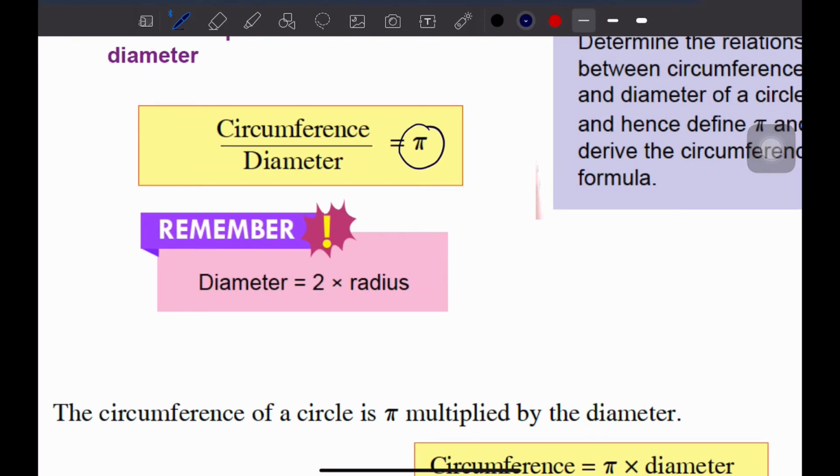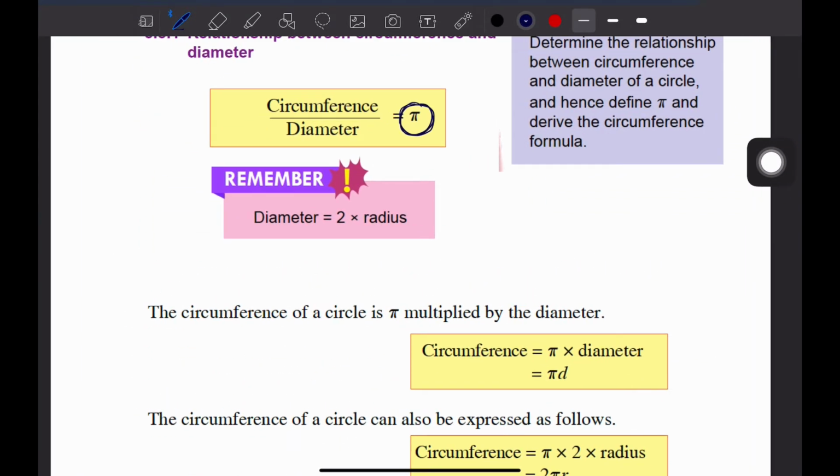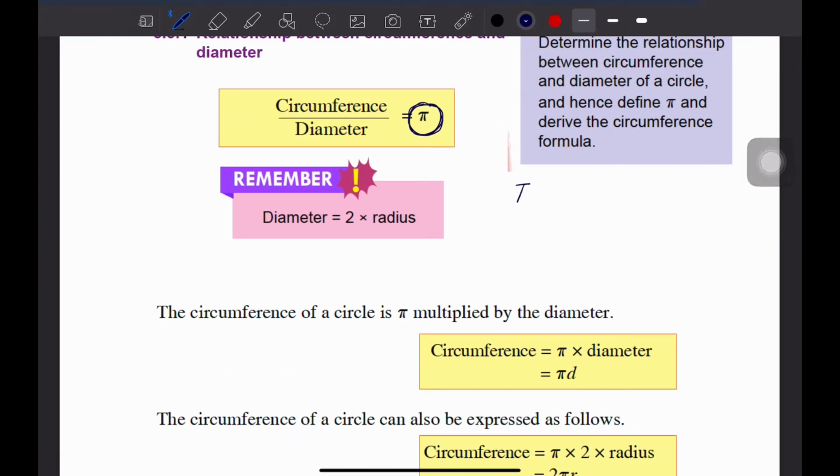What is pi? Apa itu pi? Actually, pi is a ratio between circumference and diameter. If you take one circle and you calculate the circumference and the diameter, and you divide the ratio circumference over diameter, you will get pi. So what is pi? The value is